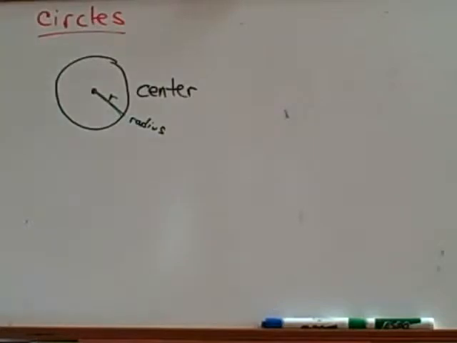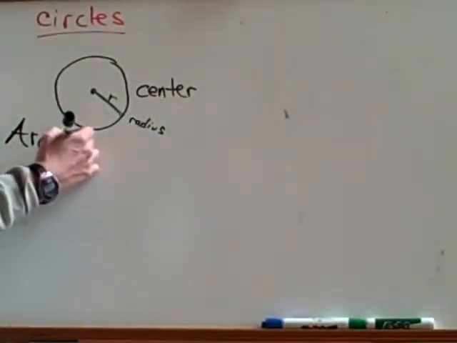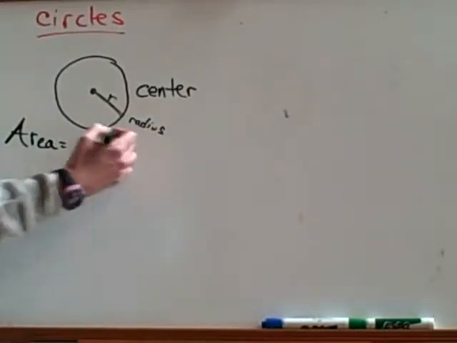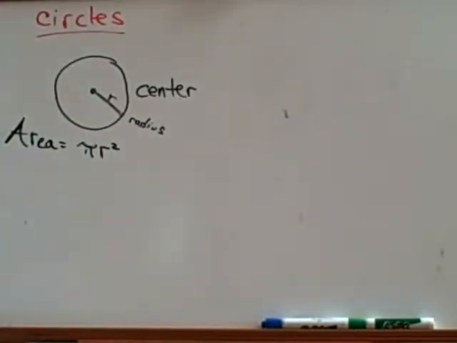Now, you know a couple things about circles already just because you've had to find them out. The area of a circle is going to be pi r squared. Your circumference,